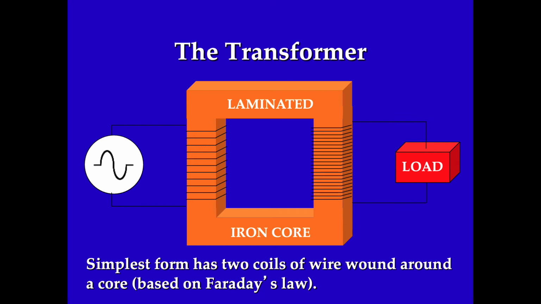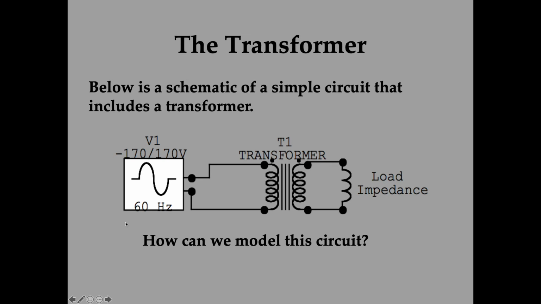Basically, it's a laminated iron core, and then some of them have an air core, but it's basically a laminated iron core with 2 separate circuits, a circuit on the left and a circuit on the right. The circuit on the left just has power delivered to the coil. The circuit on the right contains the load. So if we were to model this circuit,